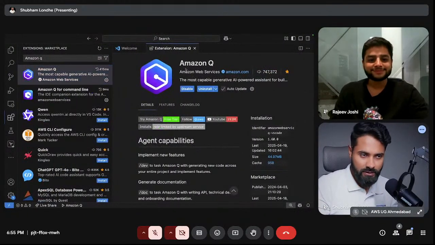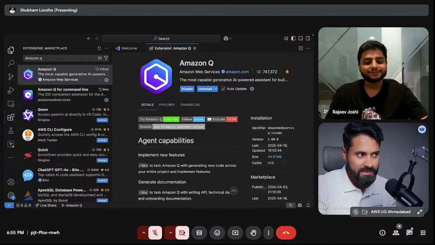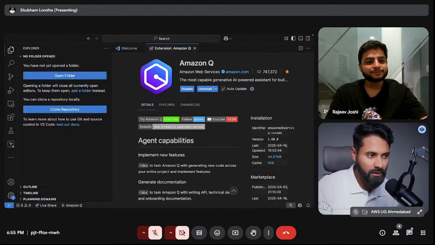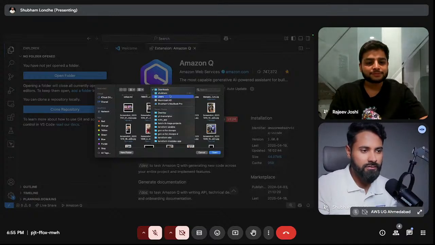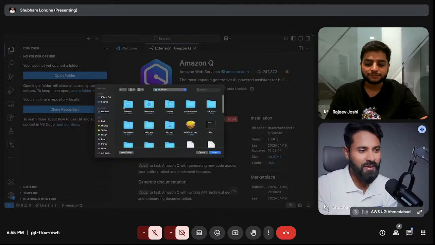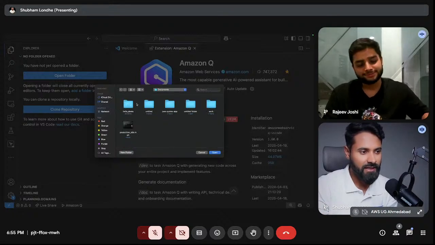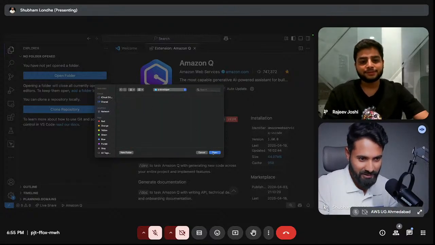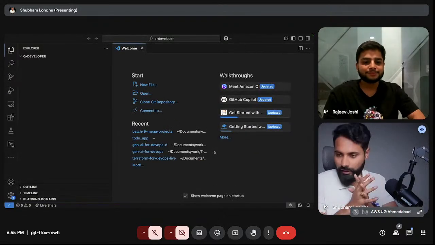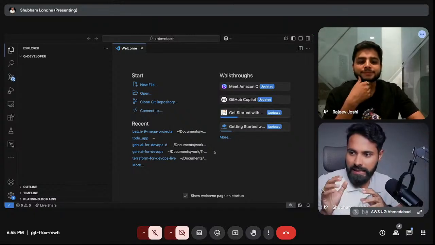You can just enable Amazon Q, and let's say you open an application. Go to whatever folder you use. I use documents, then work, train with Shubham, then Q developer. So I have this folder open. Now see this.